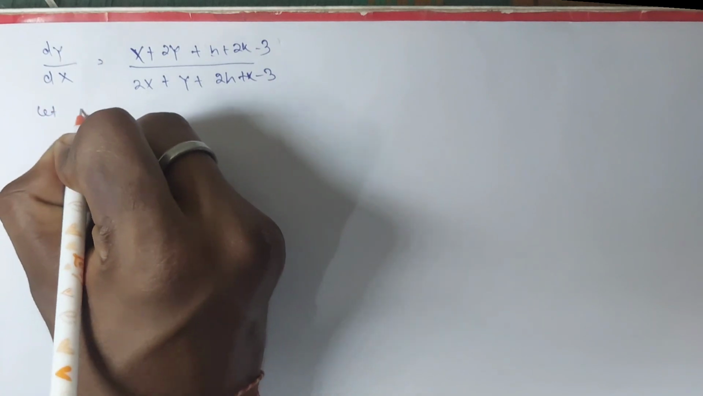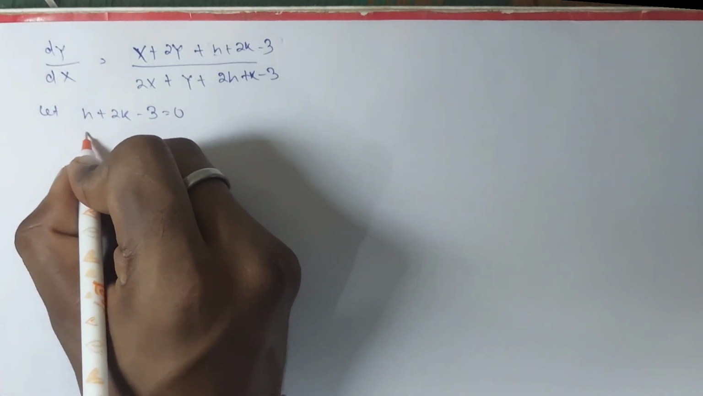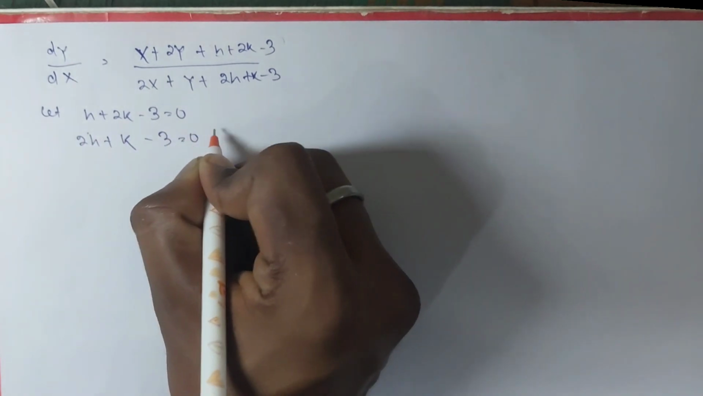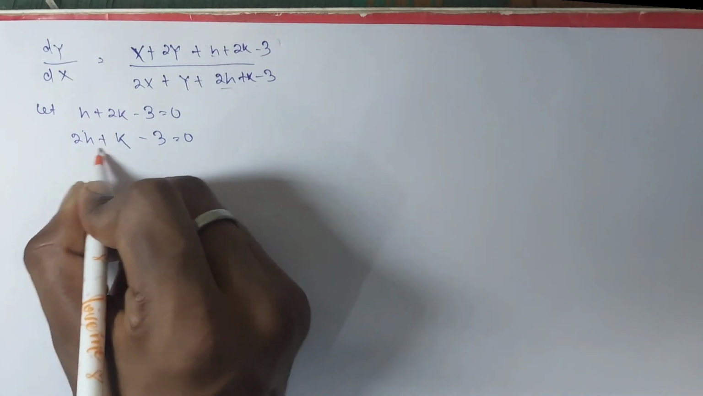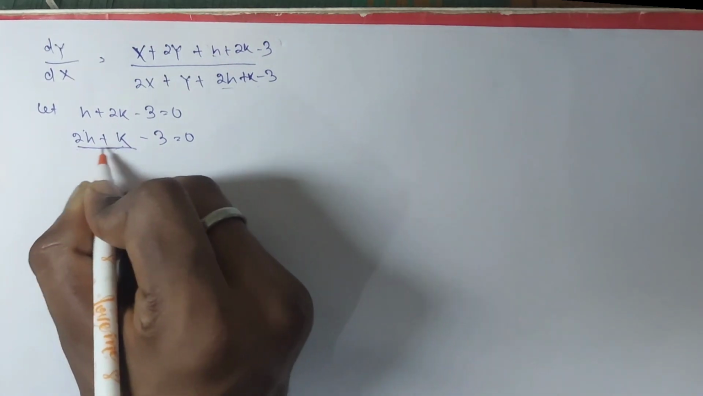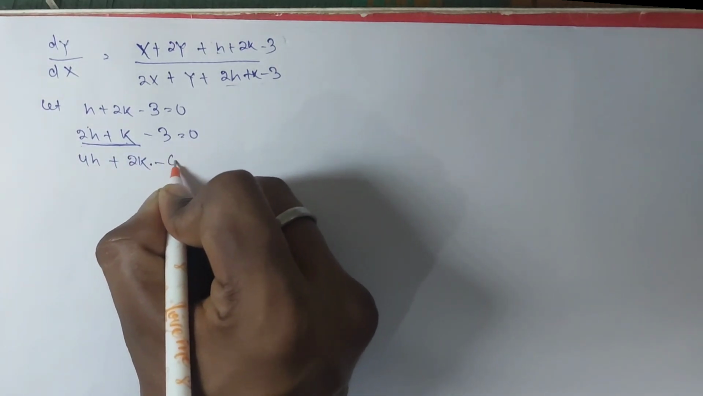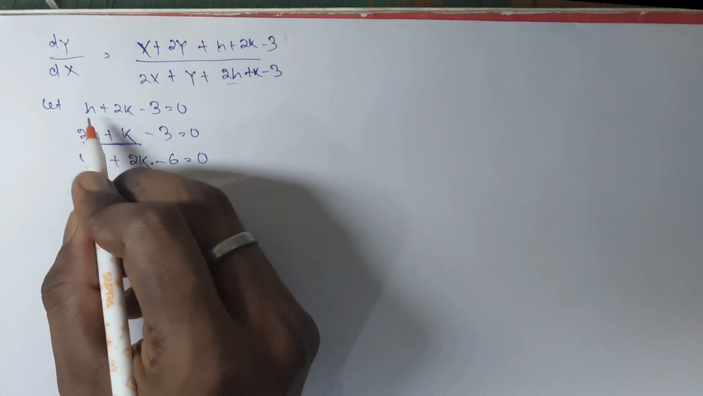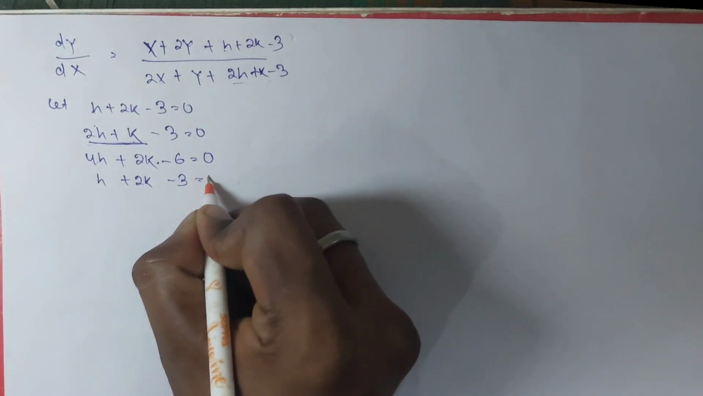So let h plus 2k minus 3 equals 0, and 2h plus k minus 3, this term also goes to 0. If we multiply 2 with this equation, it becomes 4h plus 2k minus 6 equals 0. Now subtract the other equation, h plus 2k minus 3 equals 0, from this,